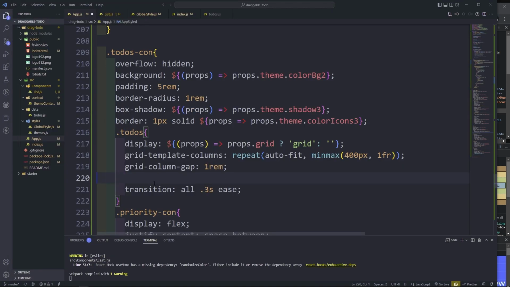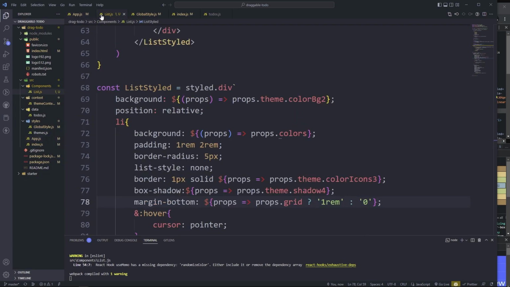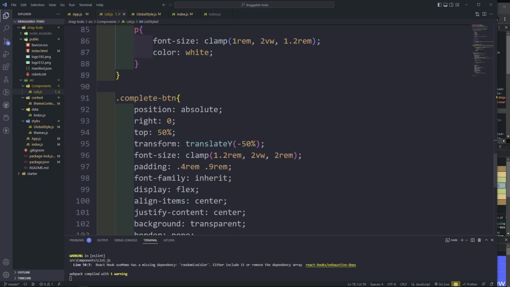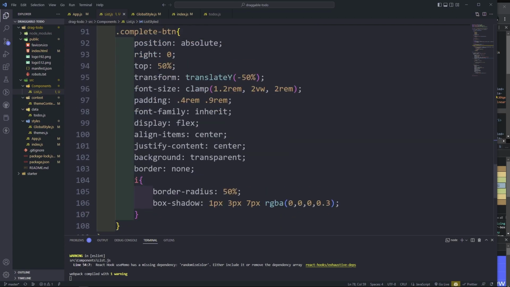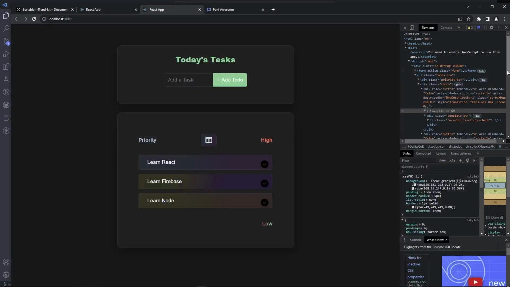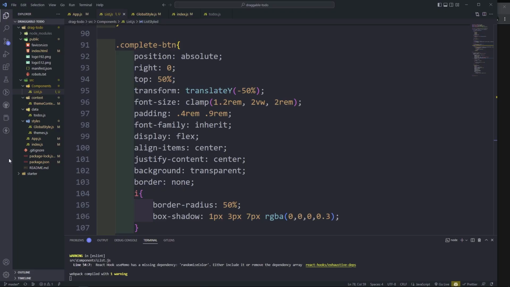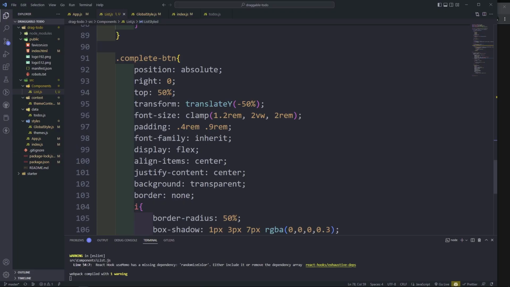So what I want to do is go to the list, this button here. I'm going to do a calculation. So if grid, 50%, so if grid, I'm gonna do like this,